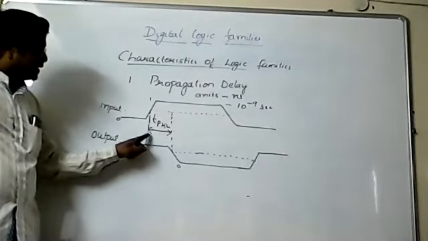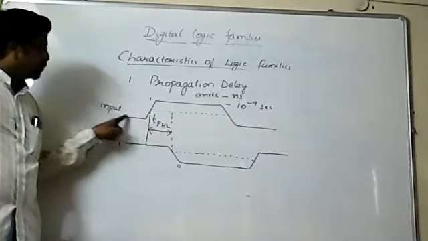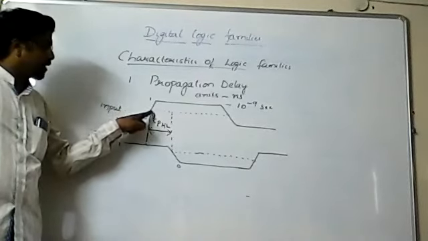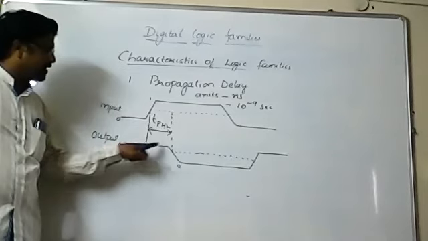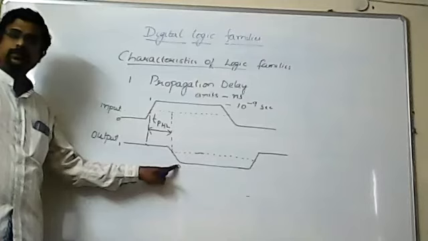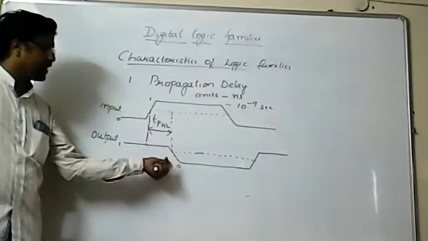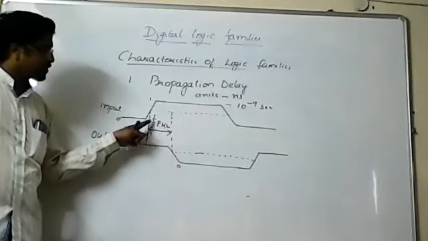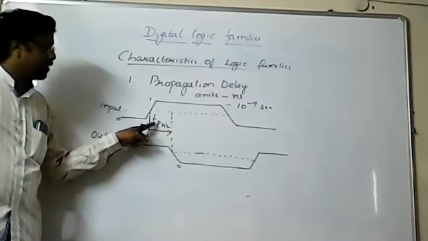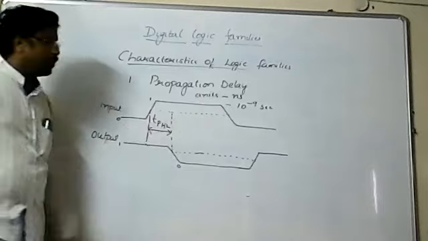It is the delay of time it is taking. Here you can see that the input is 0, and immediately it becomes 1. After that, it takes this much time to change its output to 0. Earlier the output is 1. After changing the input, it takes a delay to change its output to 0. That is called the propagation delay. TP means propagation time for the output to go from high to low. HL means high to low.